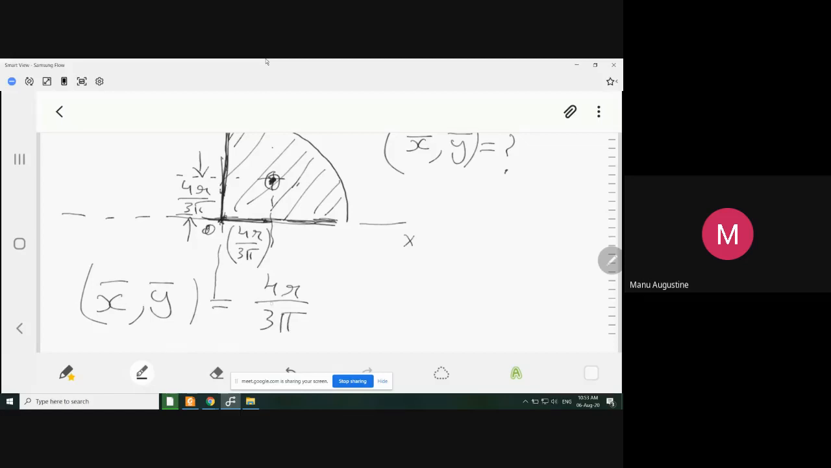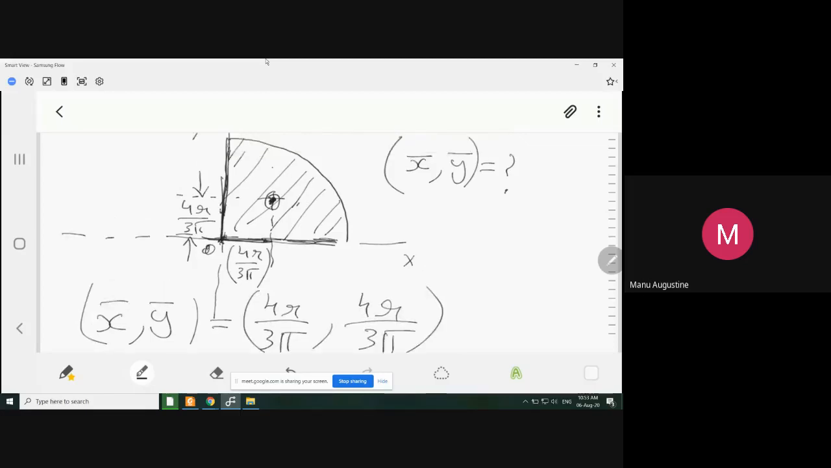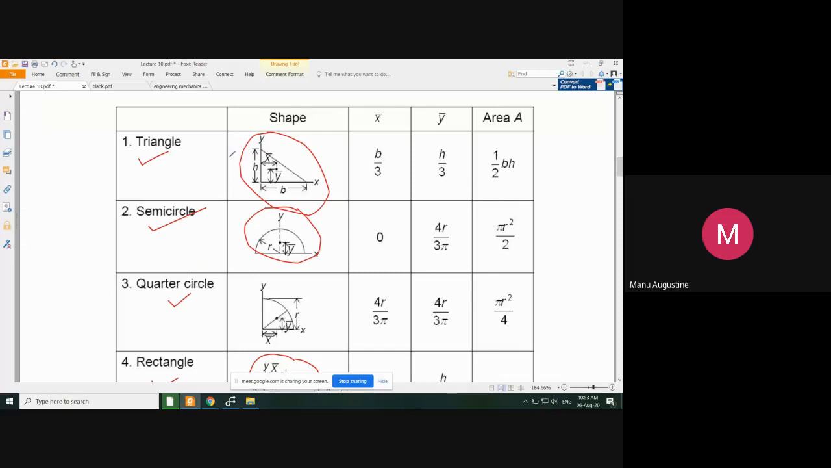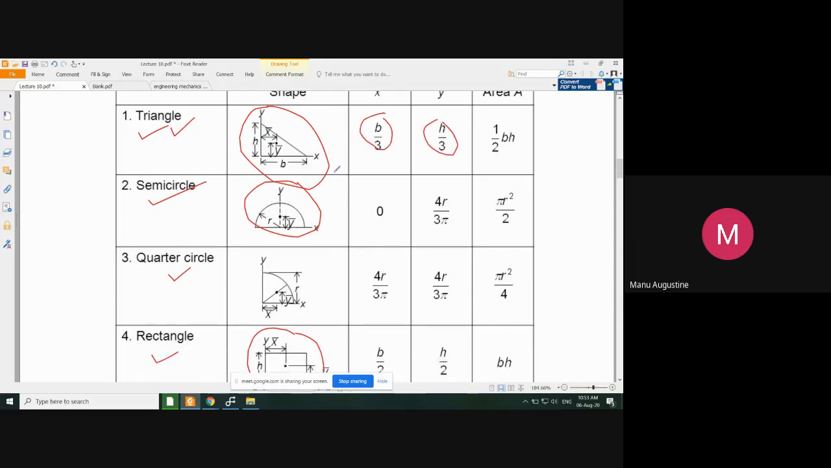4r upon 3 pi, that's it. क्वार्टर सर्कल का भी काम खत्म कर दिया अपन ने। तो अपन ने आज कुछ स्टैंडर्ड शेप्स के याद कर लिए, ट्रायंगल का याद कर लिया, ऑलवेज x बार एंड y बार एट अ डिस्टेंस ऑफ b by 3 h by 3। सेमी सर्कल